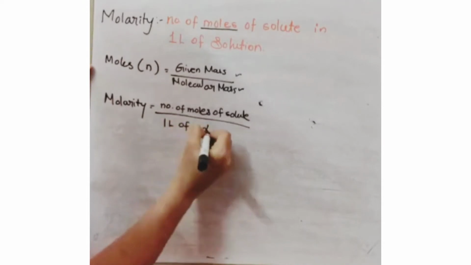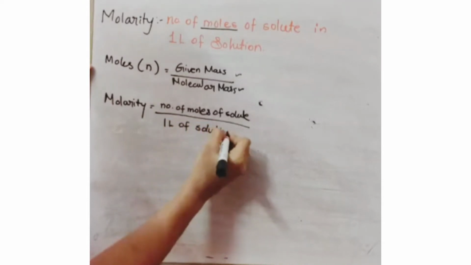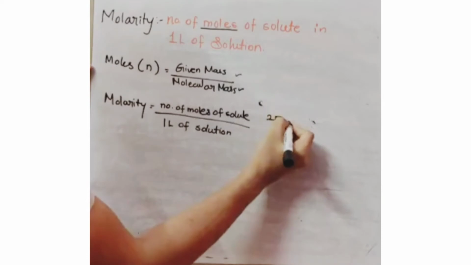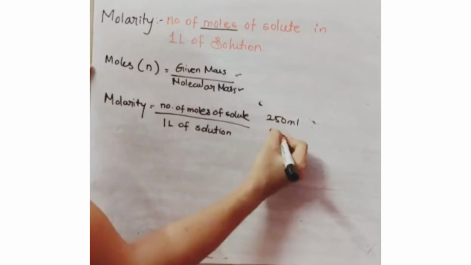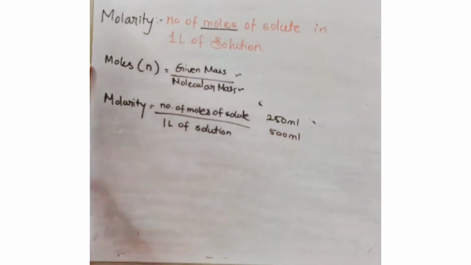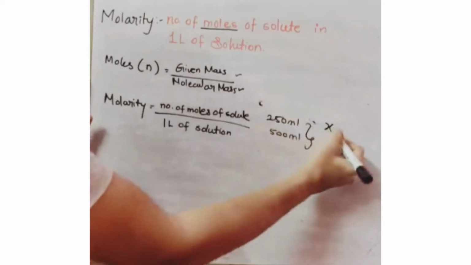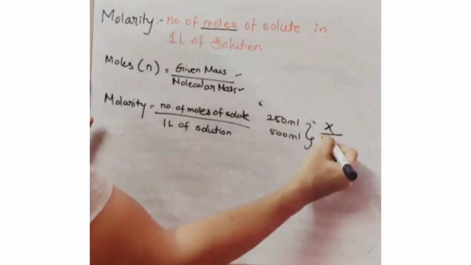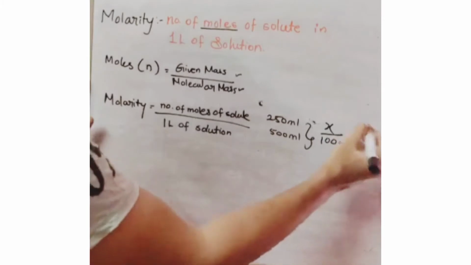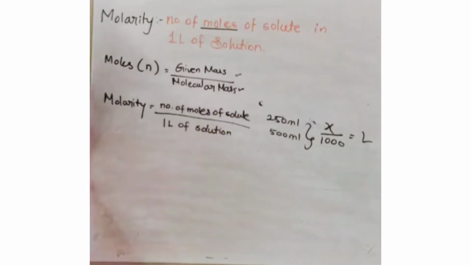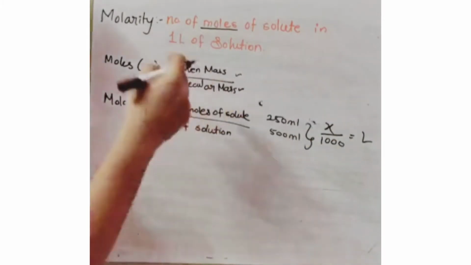Now every time it won't be 1 liter of solution. They will give you 250 ml of solution is given, 500 ml of solution is given. So we have to convert this ml into liter. So how we will do that? We have a formula. We just have to divide this equation. Let's consider x is a term I have given to me. So I will divide it by 1000. So I will get the value in the liter. So this is the conversion of ml to liter. Okay, so that we will use in this equation.